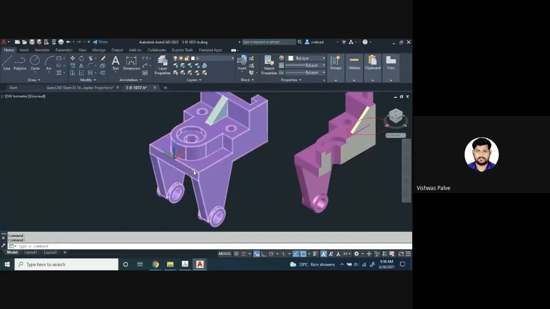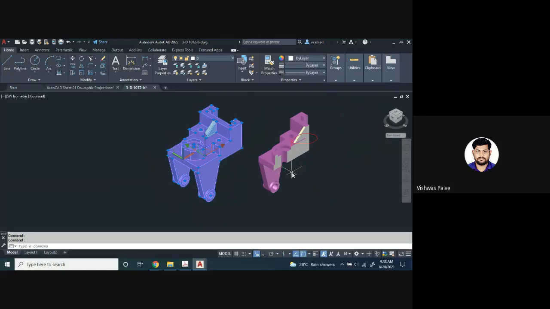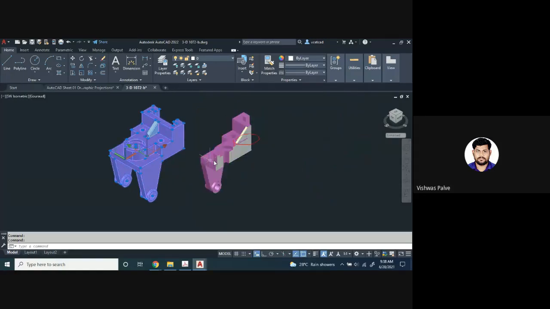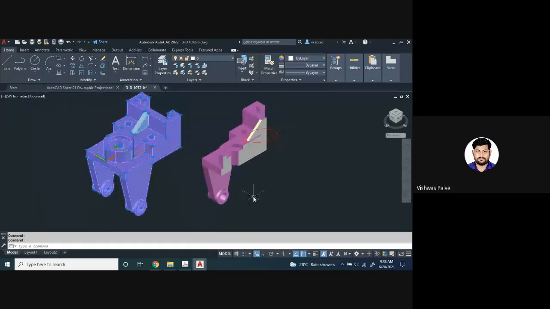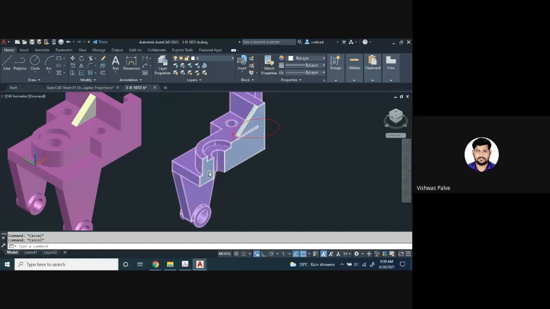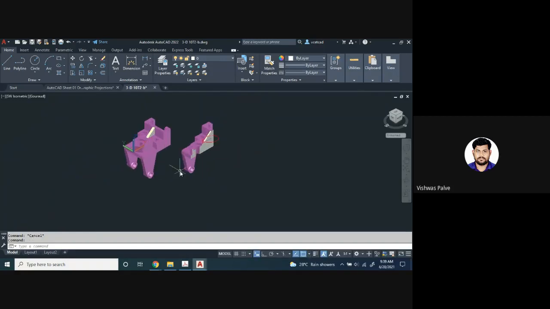Okay, now this is the actual object. After cutting with a section plane, what will happen? We are going to retain its rear part. When we cut this object with the section plane, you can see that wherever there is no material, that portion will be shown as a blank portion, and only this much part has been cut. Are you getting it? What exactly is the section?